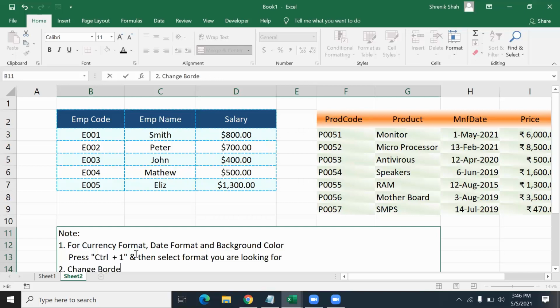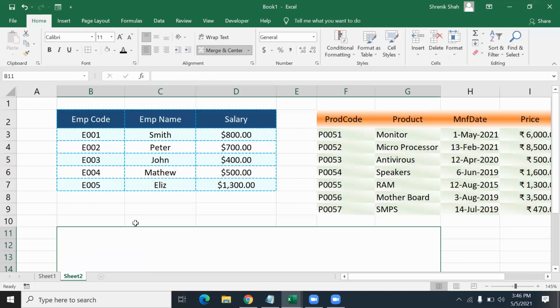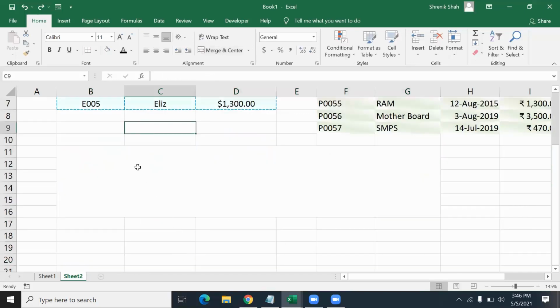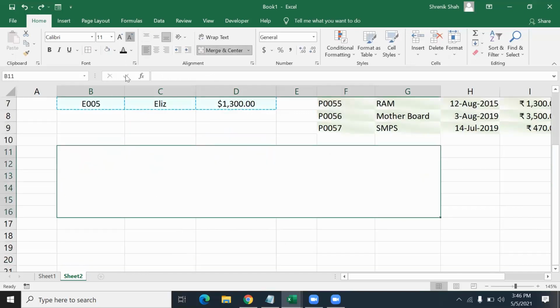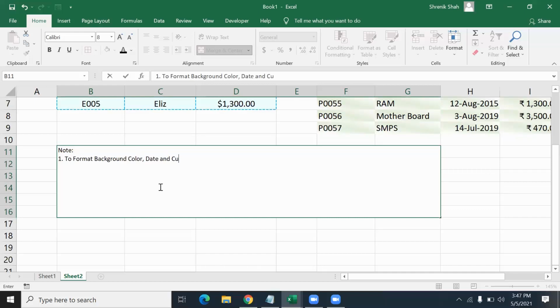Change border styles. To change border styles, oh, mistakenly I erased, but I type once again. Note: format background color, date and currency.